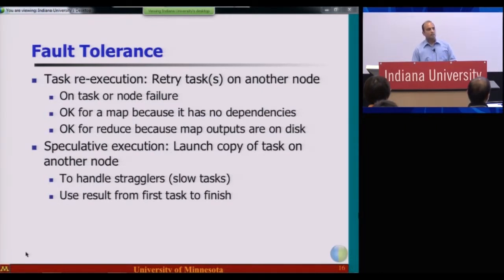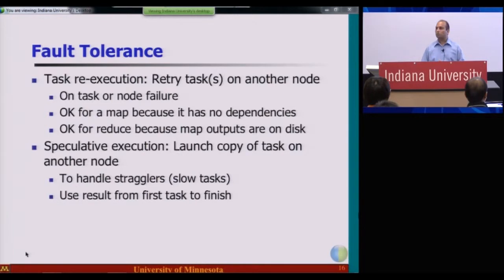In addition, another mechanism that is typically provided is called speculative execution. What this means is that if some node or some task is running very slowly, you can launch a copy of that task on some other machine, and then get the results back from whichever task finishes first.